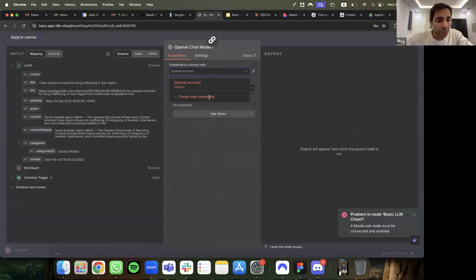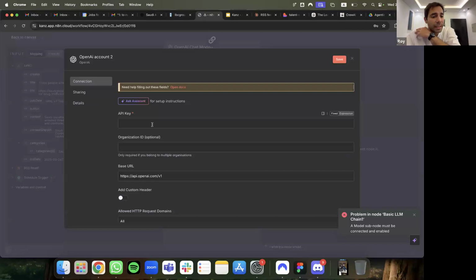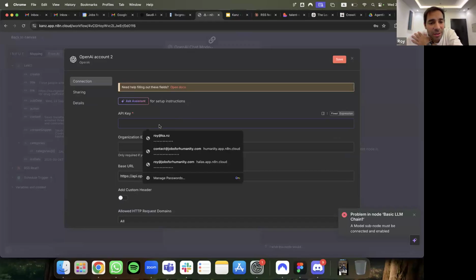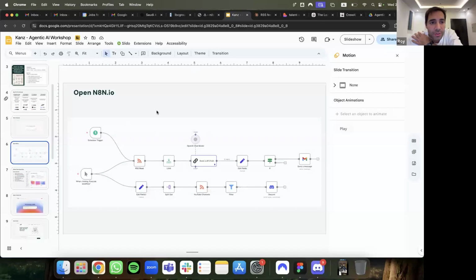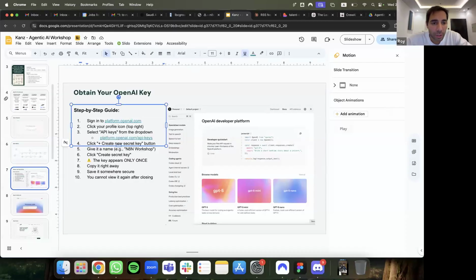And create new credentials. I'm going to show you how to create new credentials. So you need your API key. Quick no, Ali. So, I mean, we have to keep going. It's best to know there's going to be the recording, but keep an eye on this. On the API key, I've put together instructions on the API key. So please go to platform.openai.com.